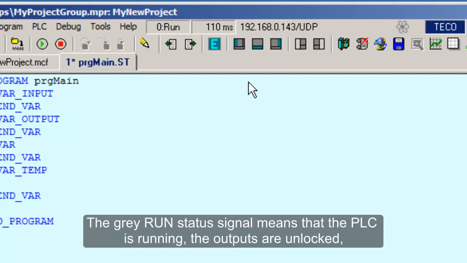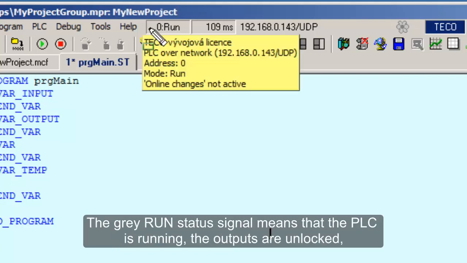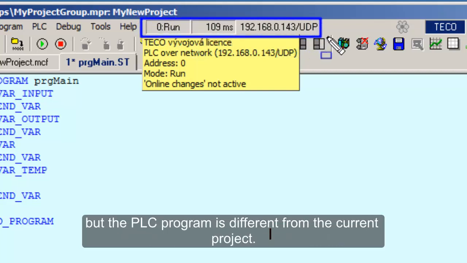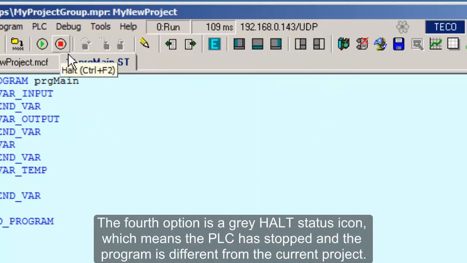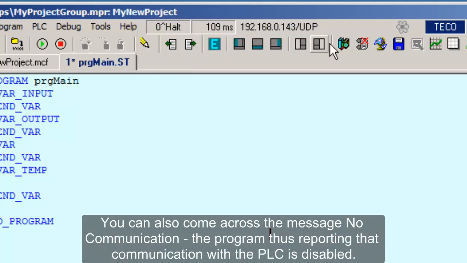The gray run status signal means that the PLC is running, the outputs are unlocked, but the PLC program is different from the current project. The fourth option is a gray hold status icon, which means the PLC has stopped and the program is different from the current project. You can also come across the message "No communication", the program thus reporting that communication with